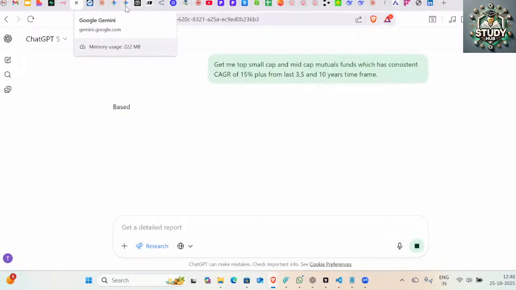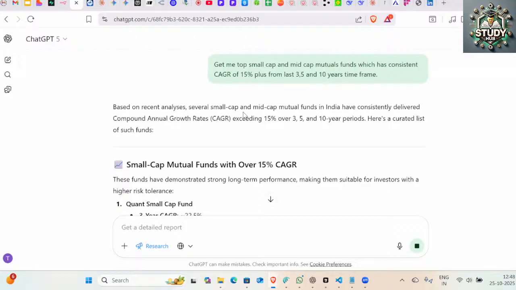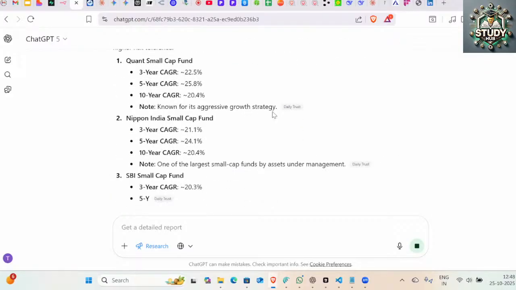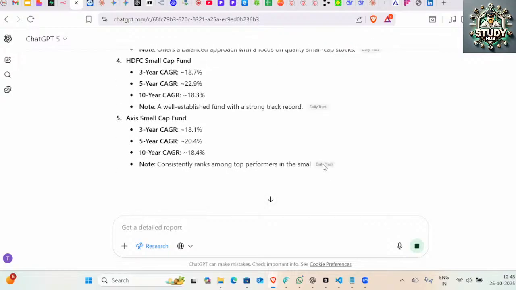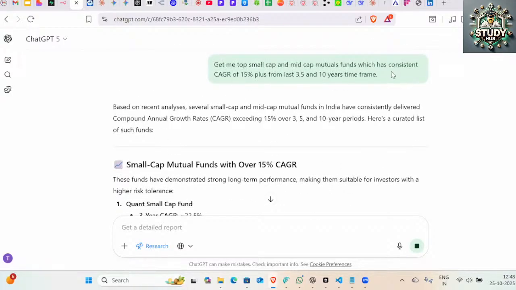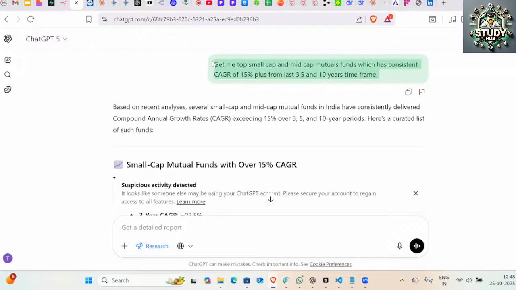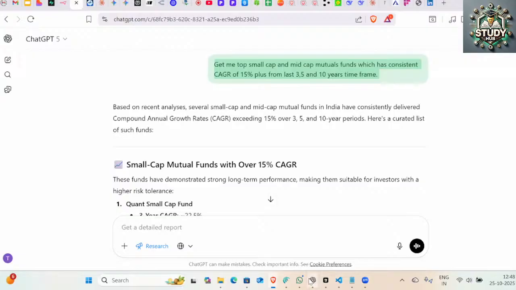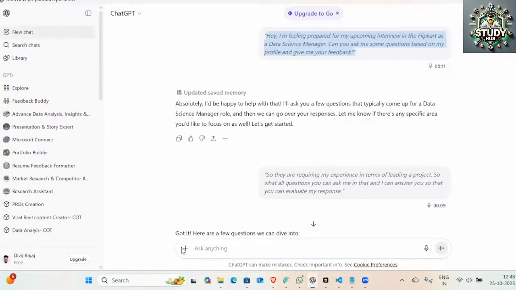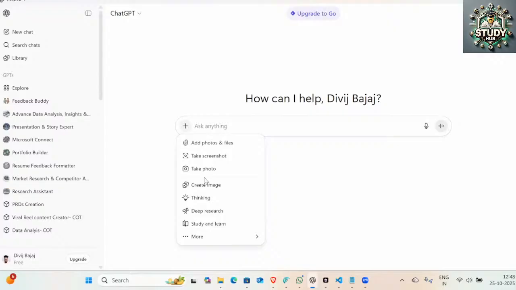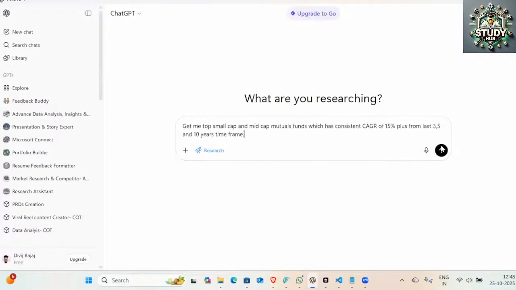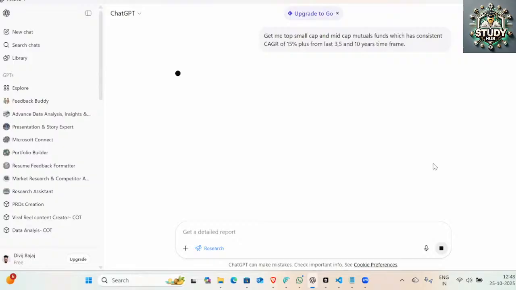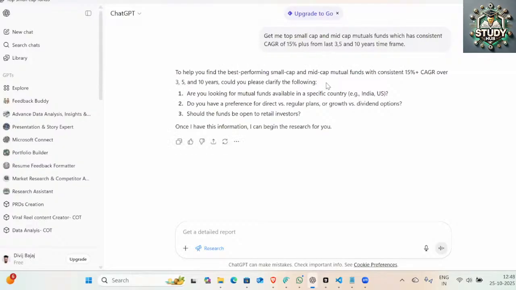Same way you can do it in Gemini also. Gemini deep research has to go back and it will have a plan ready. I don't know why it is not doing it in the web app. Something is down in the web app today, at least for this account. It has to create a plan and then go into your activity. Maybe I can check it here. Earlier that tool also was not working. So deep research generally creates a plan. Now, to help you, are you looking for mutual funds for a specific country?